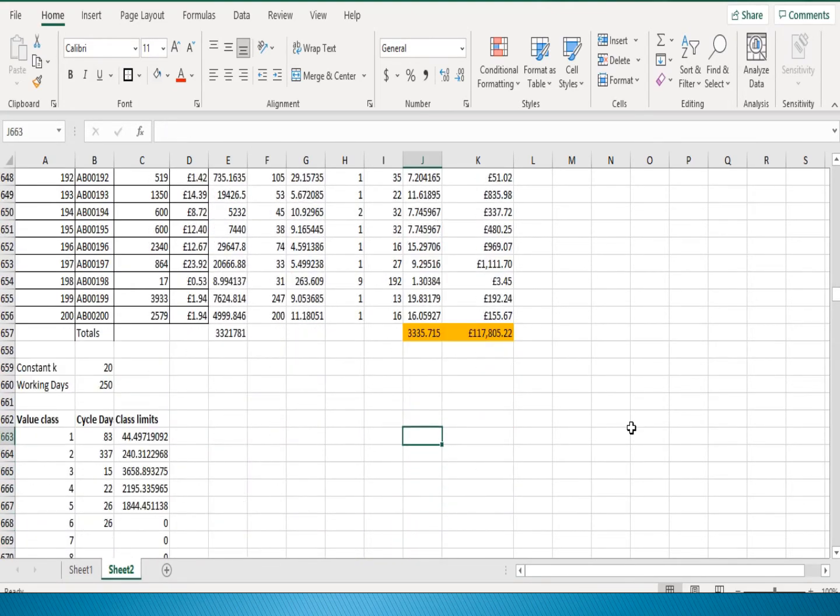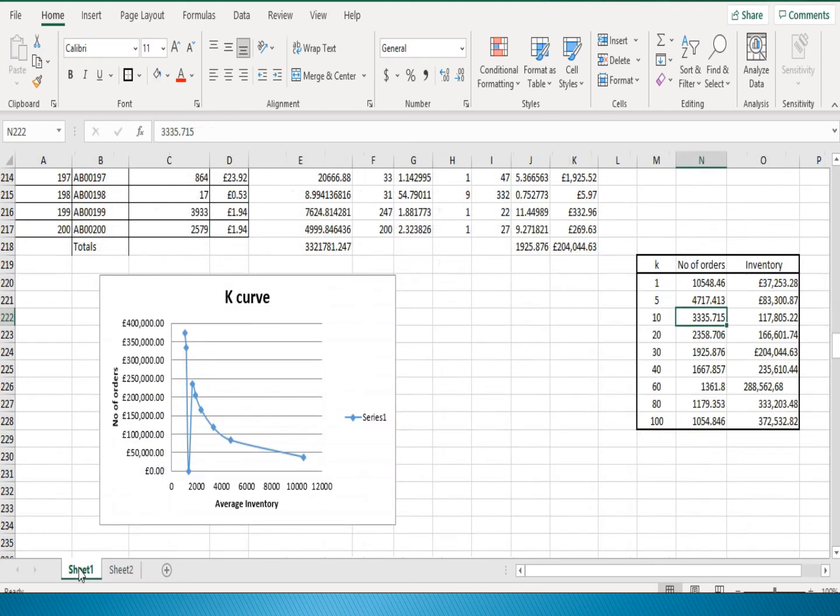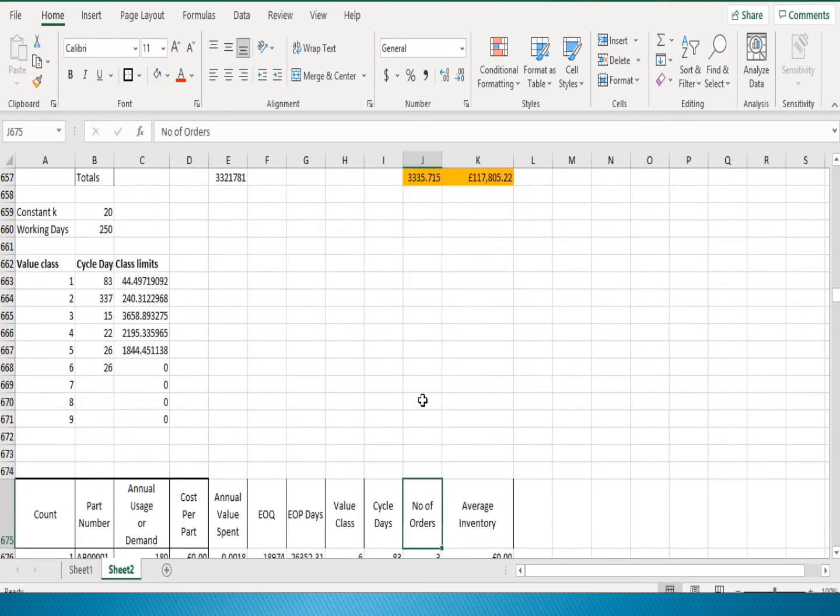Here is the value of the content K total number of orders and inventory, and this is the value of 20, as we can check in this sheet as well.